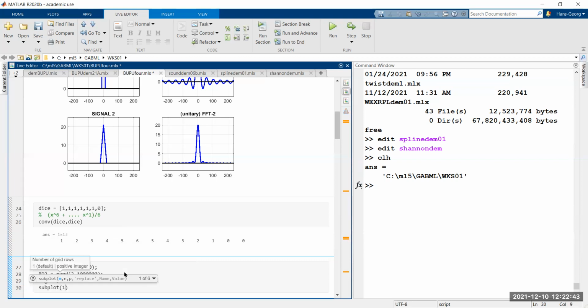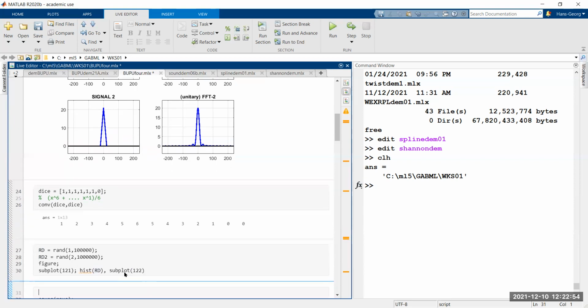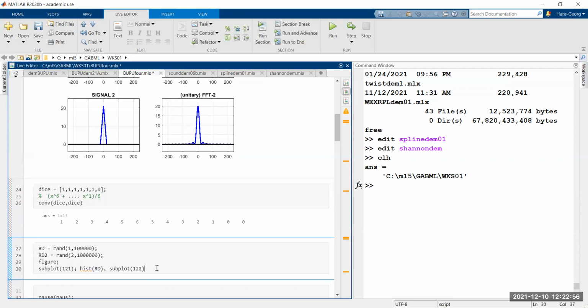Subplot 1 to 1, I would like to see a histogram of RD, and then subplot 1 to 2. So I'm cutting in the horizontal direction, and I want to see a histogram of the sum of RD2. So in the first case, I have a uniform random number generator, and in the second case,